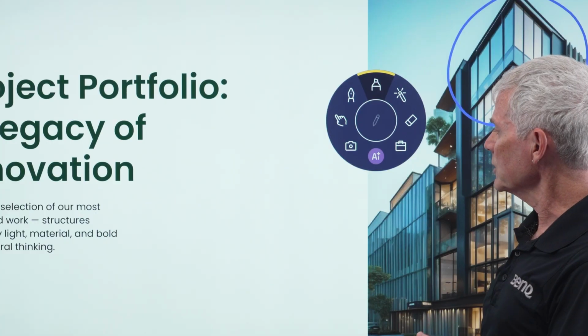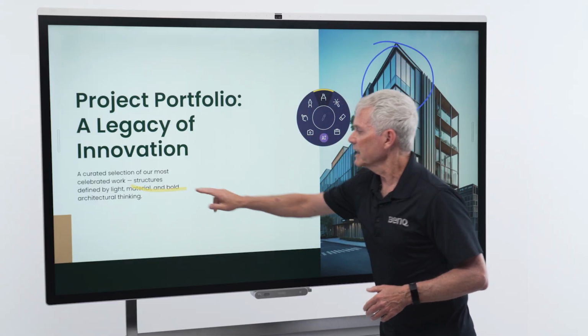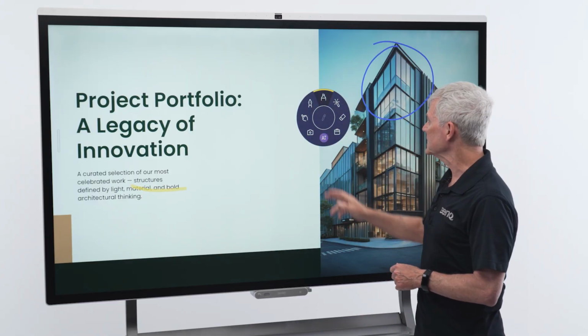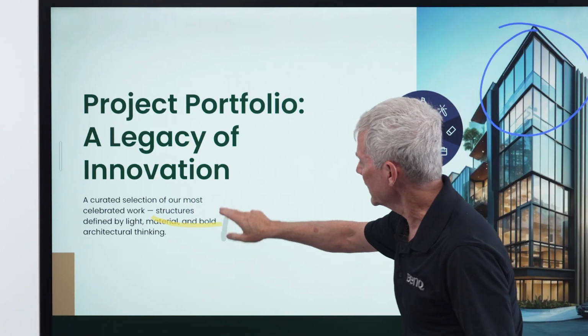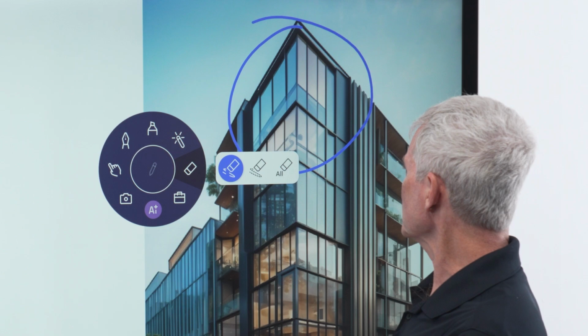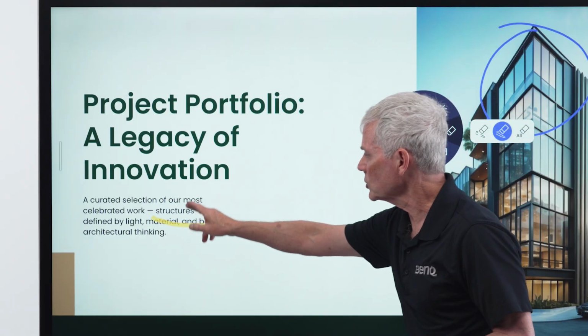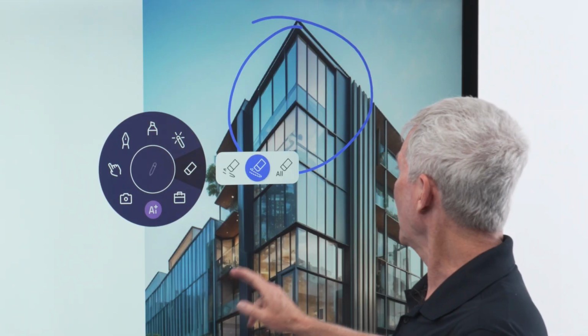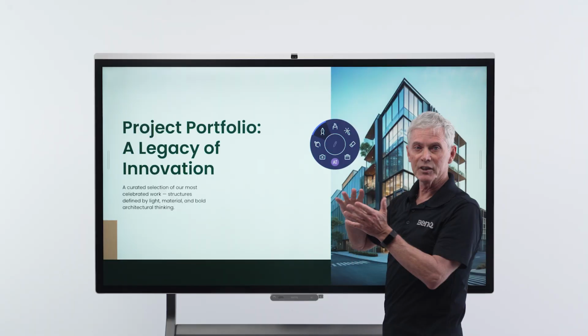To use the highlighter, simply tap it, and now I can highlight text on my screen. With the eraser, I can set it to just simply erase like the back of my pencil. I can also set it to use strike through and just strike through a line, or I can set it to select all and clear everything on my screen.